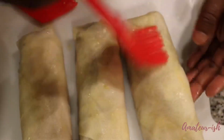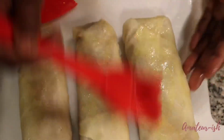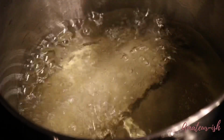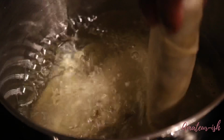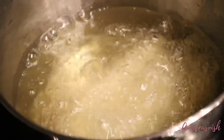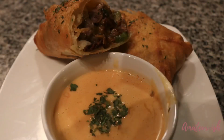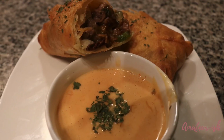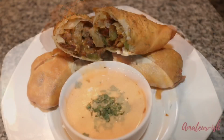So right now I'm just putting some of the egg on the outside before I fry it. Okay, you want to make sure the oil is really, really hot before dropping it in there. That's a mistake that I did. I didn't let the oil get as hot as I wanted it to. So the third one was the one that came out nicer than the first 2. But once you fry it, guys, that's basically it. You have 3 crunchy Philly cheesesteak